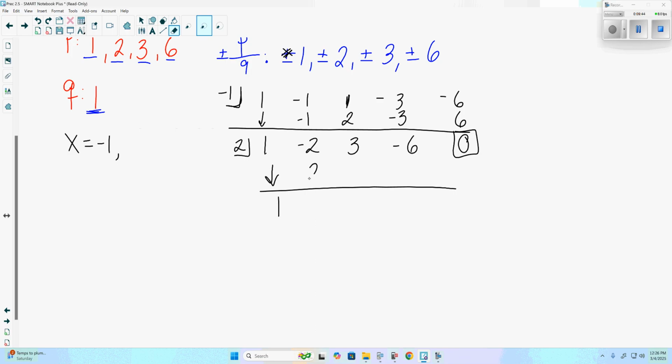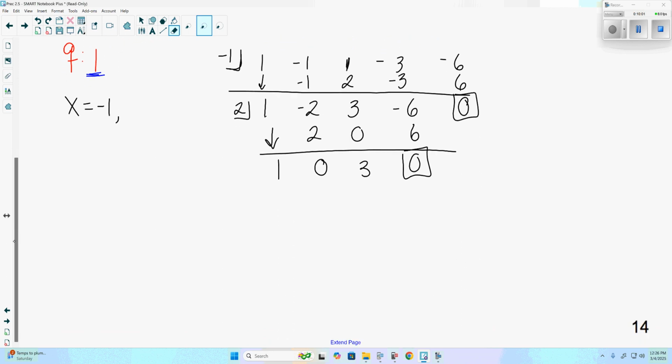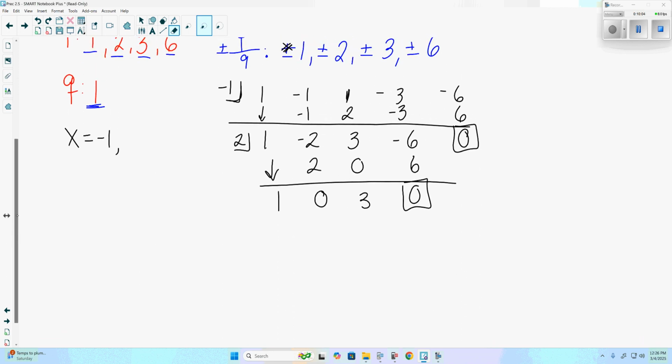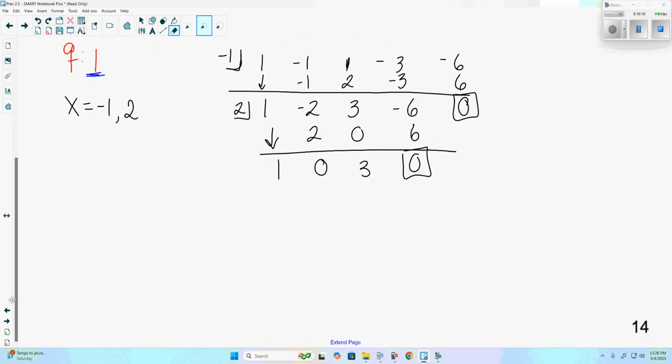2 times 1 is negative 2 plus 2 is 0. 2 times 0 is 0. Yep. 0 plus 3 is 3. 2 times 3 is negative 6 plus 6 is 0. And we can keep doing this until we've tried all the solutions, or at least until we get it down to a